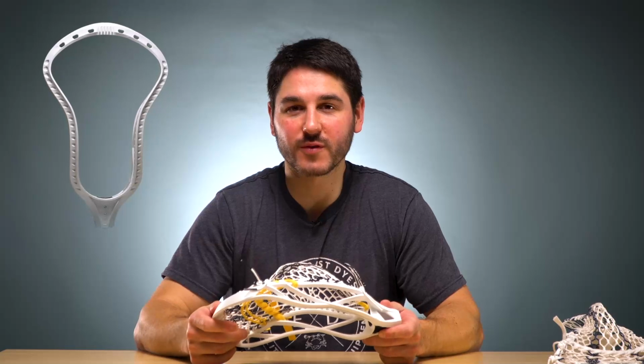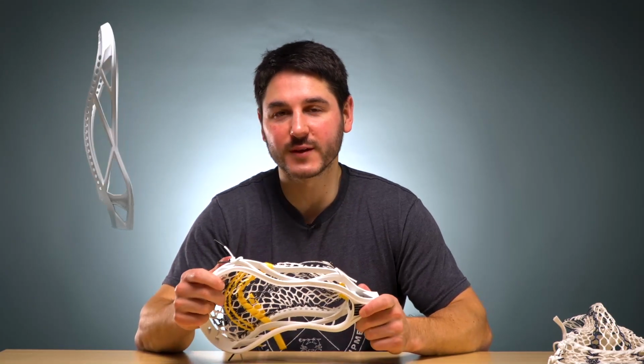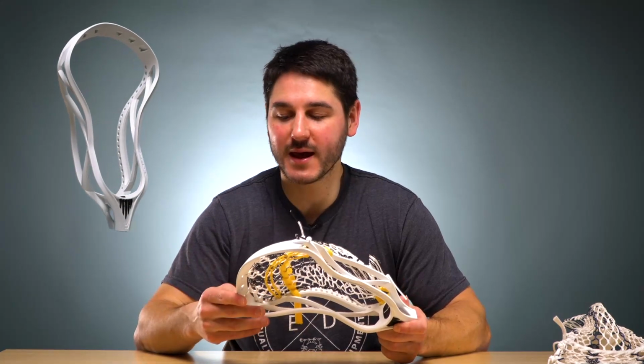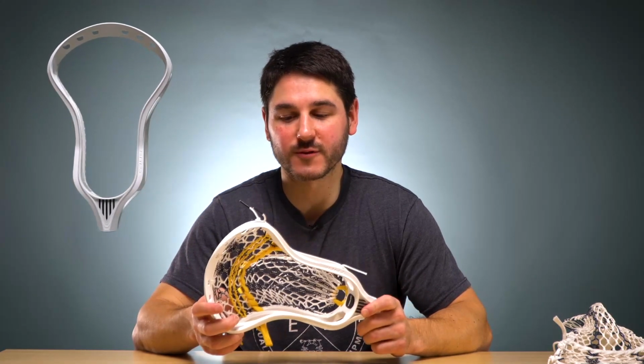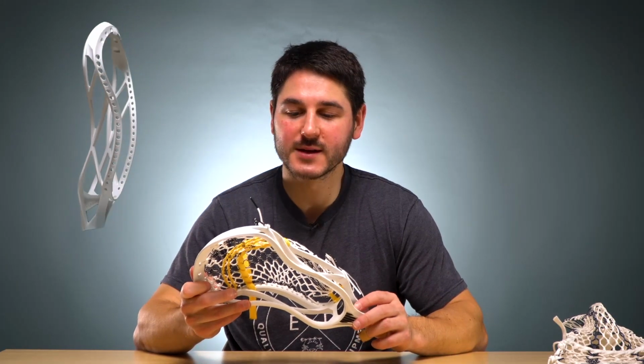True has always been known for having good composite shafts, but their heads have been steadily improving. They started out not great. I think even True would admit that, but they've been learning. It's a big learning curve to start making heads. And now I think they're at a point where they've got a couple really good heads that are being used